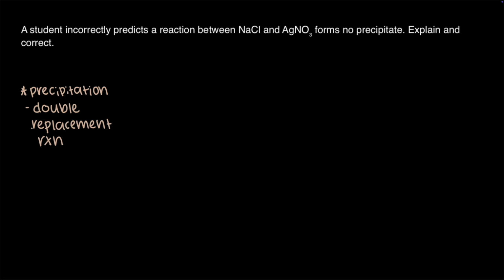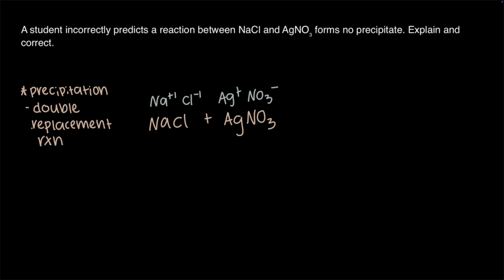NaCl and AgNO₃ are our reactants. For a double replacement reaction, first write the charges of each element in the compounds, and then the positively charged ions will bond with the negatively charged ions of the other compound. Na has a +1 charge, Cl has a -1 charge, Ag has a +1 charge, and NO₃ has a -1